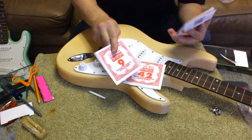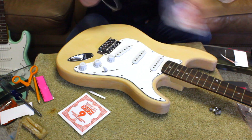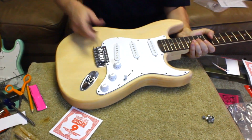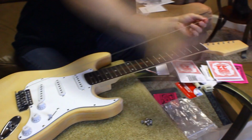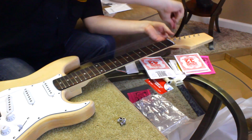We're going to take our 42 and our 9, which are our two E strings, and put them on the guitar. Again, it goes through the bottom, up through the top. We're going to take a bushing and just kind of stick it on there so it doesn't rip the...